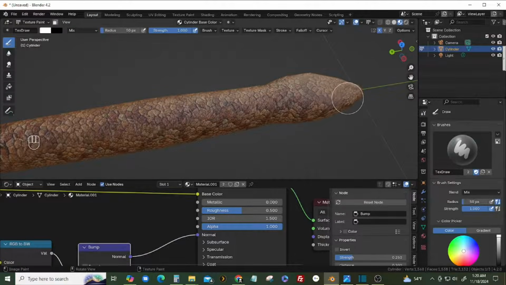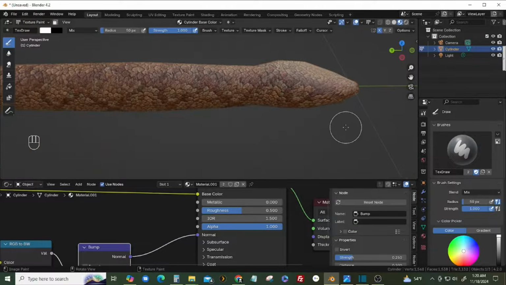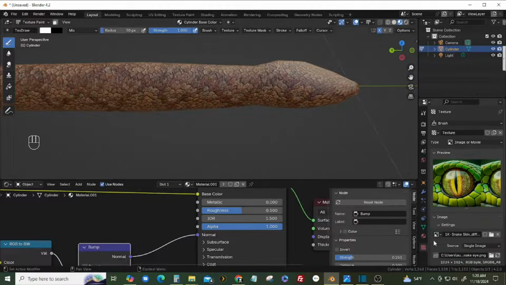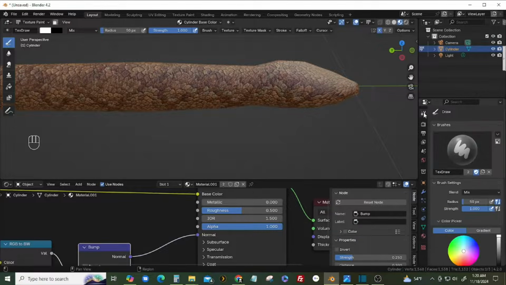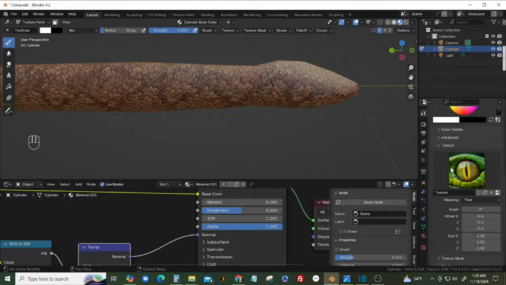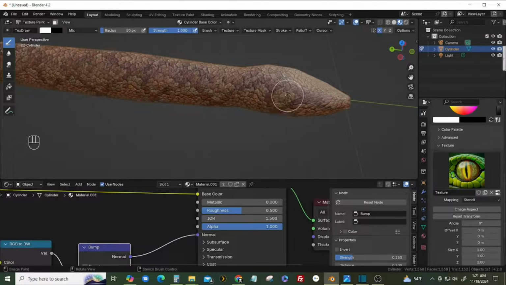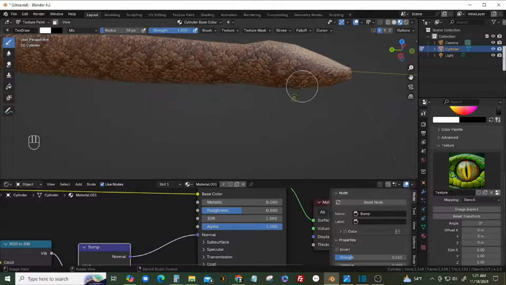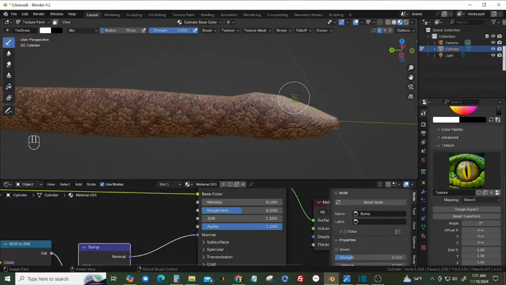One thing I did forget to do was add the eyes, so I'll do that quickly here by going down to the texture properties. I've added an image that I had generated with Copilot AI. I typed something like snake eye in the prompt and it generated this image, and I loaded it down here in the texture properties, and I'll go back to the brush, and instead of tiled this time we'll set it to stencil. And what stencil will do is bring that image into and around the model,